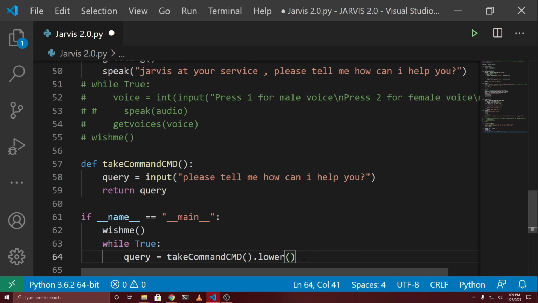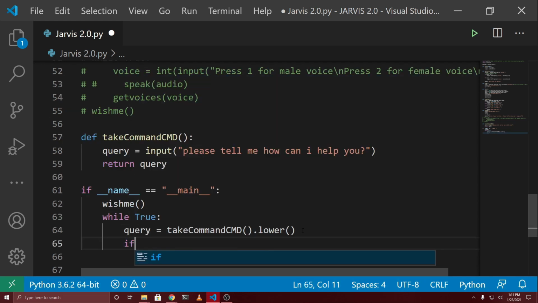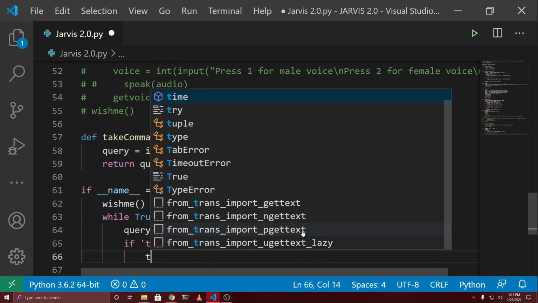So we are going to be creating a bunch of if and elif statements in that we're going to be checking for the query. So if the command contains uppercase and lowercase letters, we are going to be dealing with that. So for that, we are going to be converting all the letters into lowercase and performing the operations accordingly. And after that, we are going to be creating our first if statement, and in that we are going to be typing inside this if time in query. So if someone types the word time inside a query,